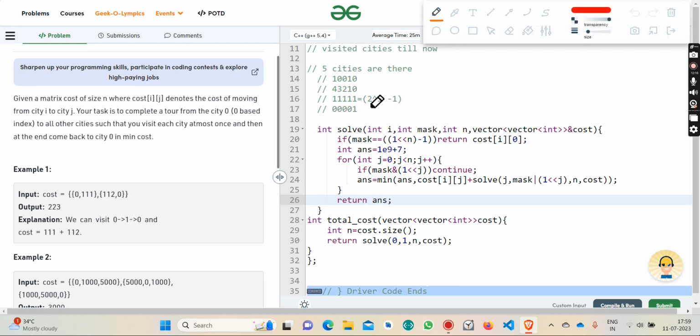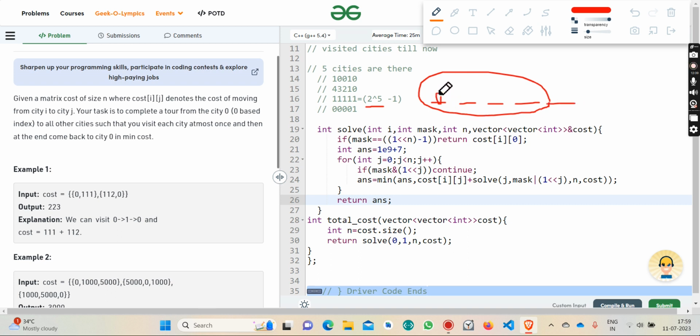When I was explaining, you can see we are trying all the possibilities. It means we are trying all the subsets, all the permutations of the cities, meaning in which order we would traverse the cities so that it will cost us the minimum for completing the tour. Suppose if 5 are there,